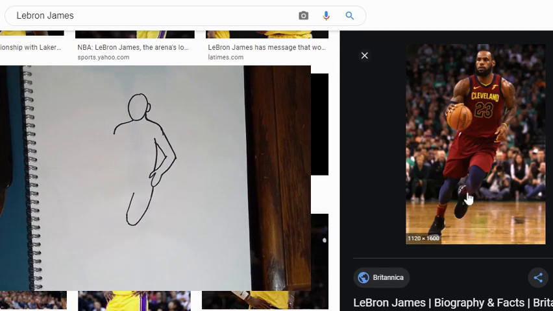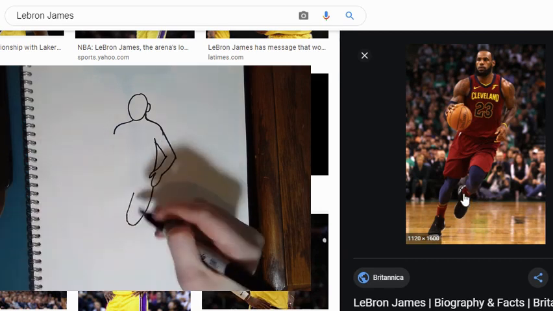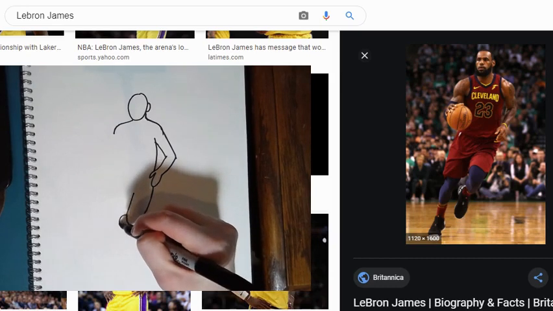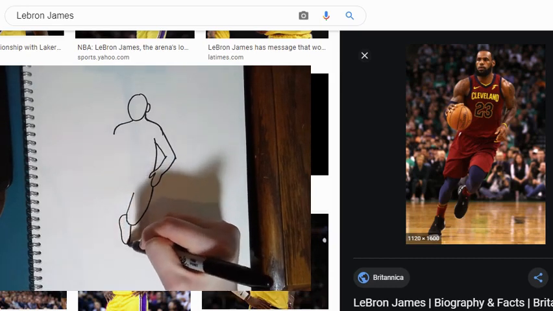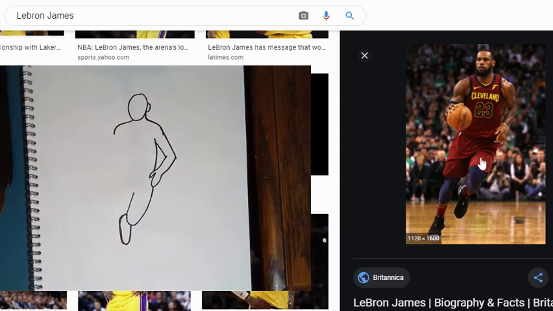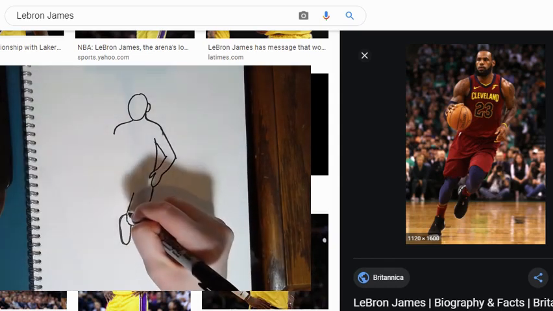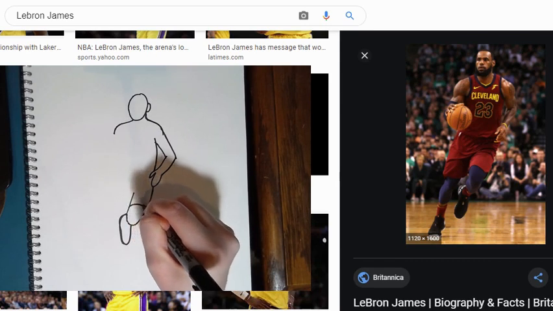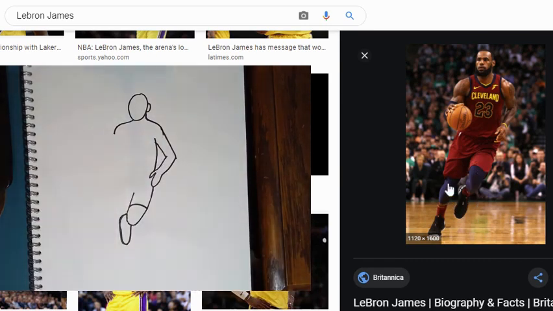We can tell his leg is bent, and we kind of don't see the shin of his leg because he's running. So you can draw a little foot here. Here's his foot. And then he's wearing shorts. You can draw the line where you see the shorts over his leggings or his tights. And then the other leg right here